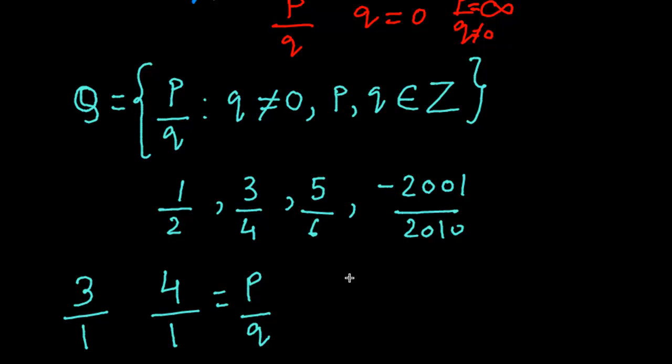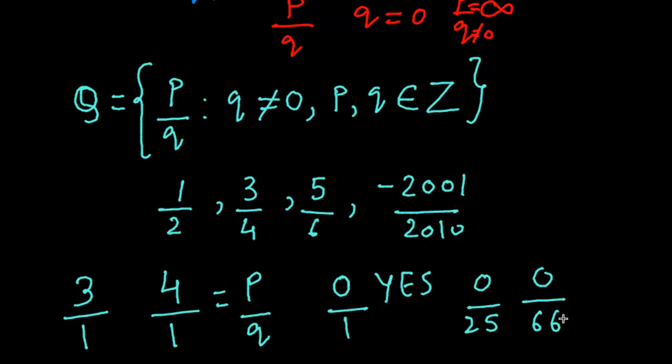Then let us talk about number 0. Would 0 be a rational number? And the answer is yes. That is because you can simply write 0 by 1, again p by q form, and there is no restriction that p cannot be equal to 0. The only thing is that q cannot be equal to 0. So yes, 0 would qualify. 0 by 1 and 0 by 25, or you can put any denominator that you like. 0 divided by anything would be 0. So 0 easily qualifies for staying in this set. The only thing is that the denominator can't be 0.